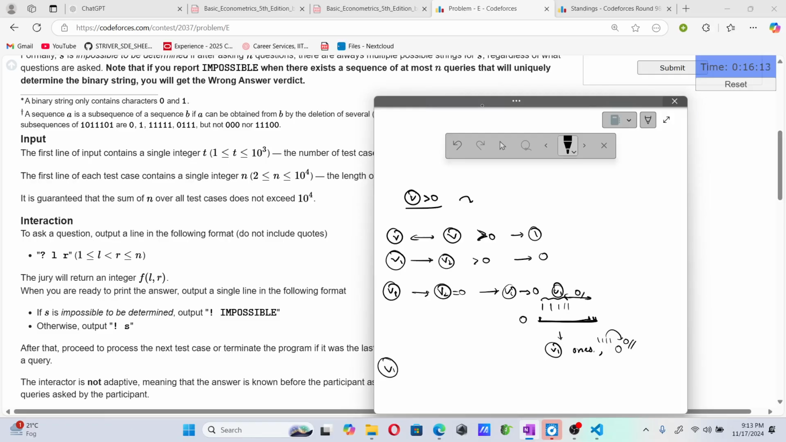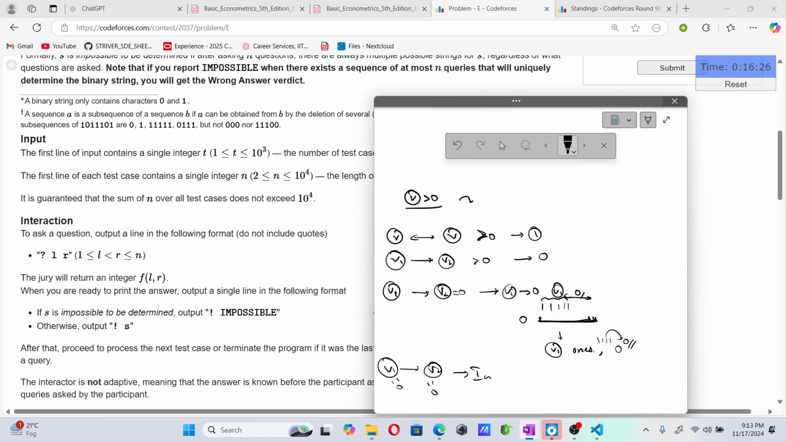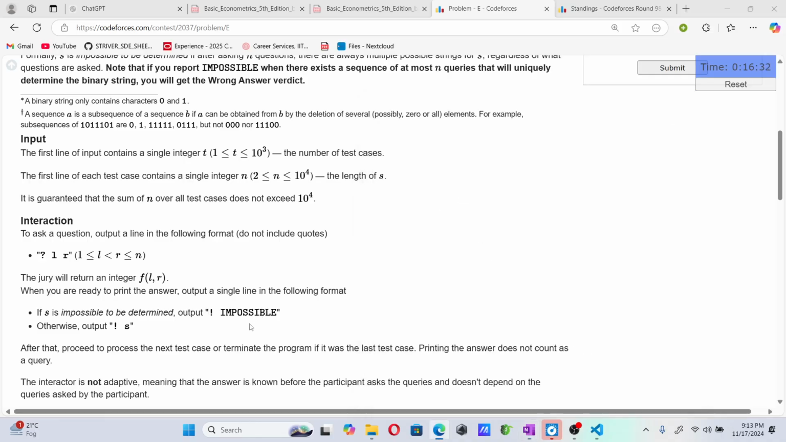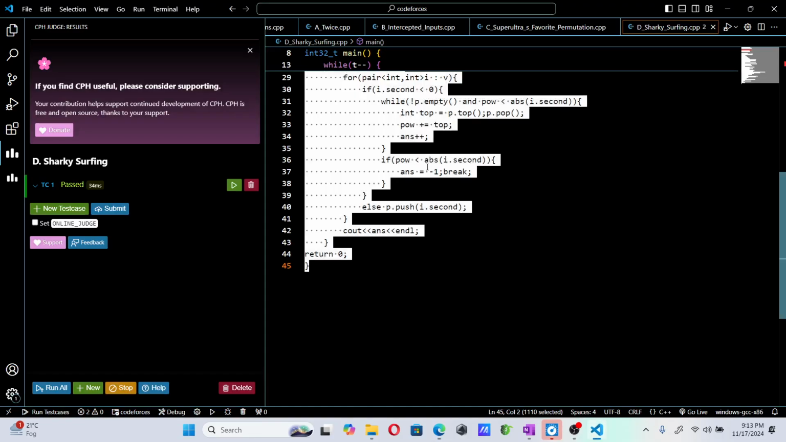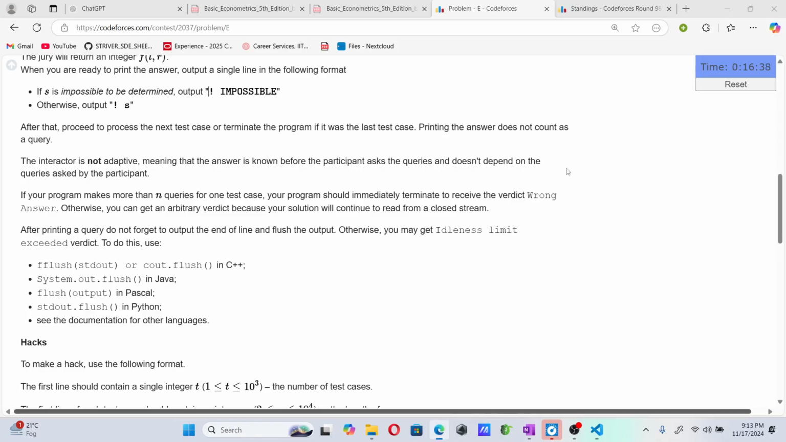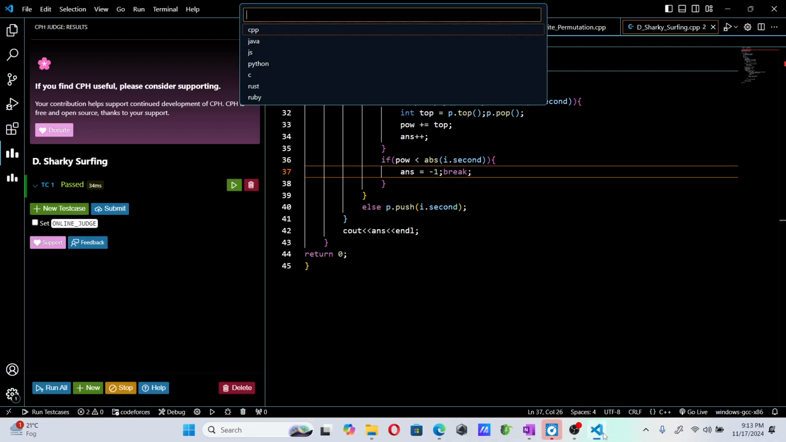If it's from v1 equals to 0 to v2 equals to 0, if it's not determined, then it is impossible. That's what I want to tell. I don't know if it works or not. I'm not particularly good at this kind of things, but